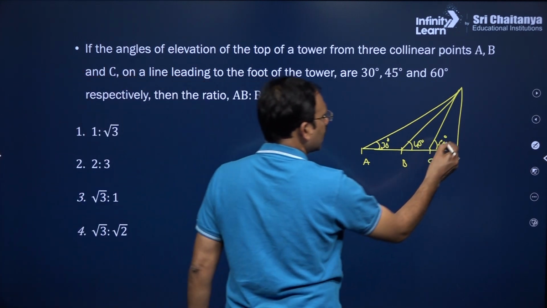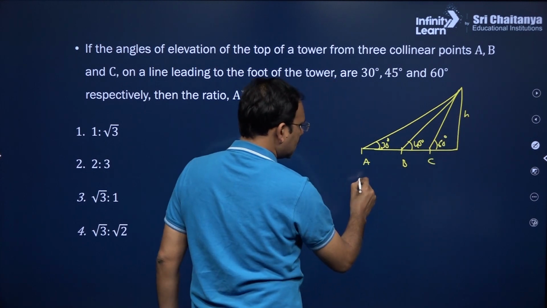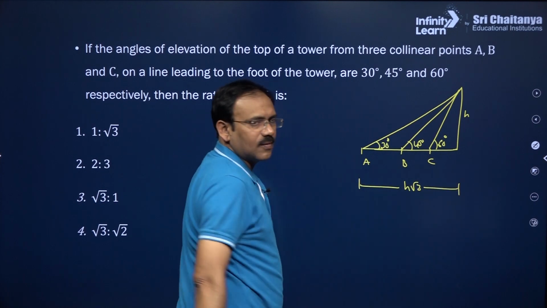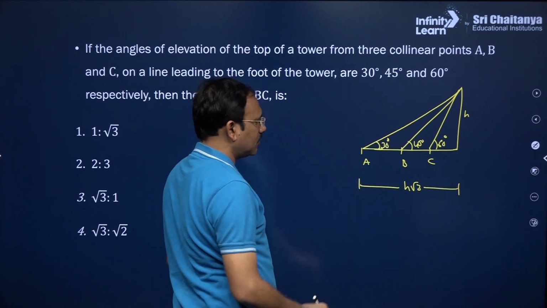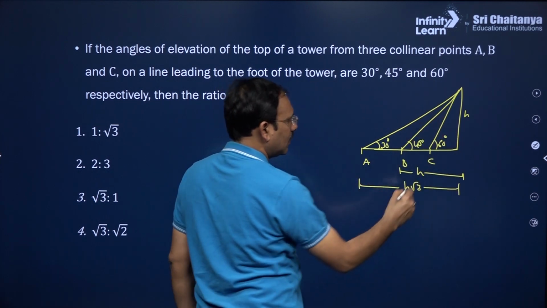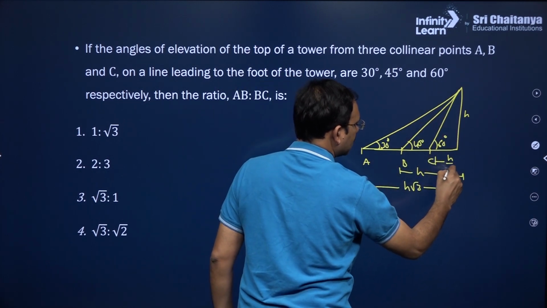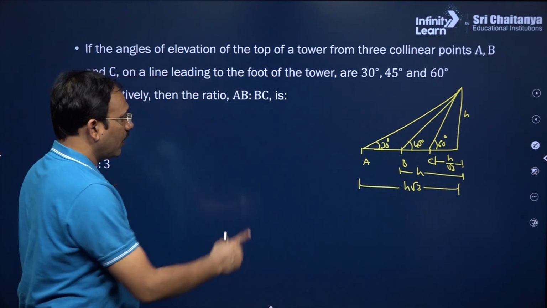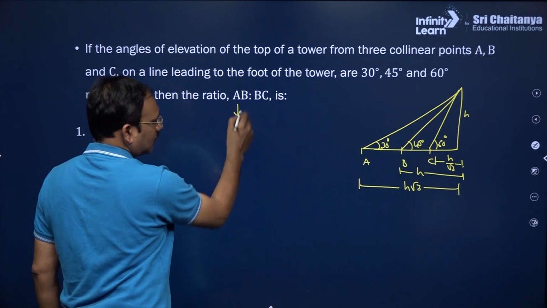Simple, friends, suppose this is H. Since it is 30 degrees, this total is H root 3, my dear friends, because tan 30 degrees is 1 by root 3. Tan 45 means this is H, my dear friends, both are equal. Tan 60 means this is H by root 3, my dear friends. Yes. Now, AB is nothing but, you see,